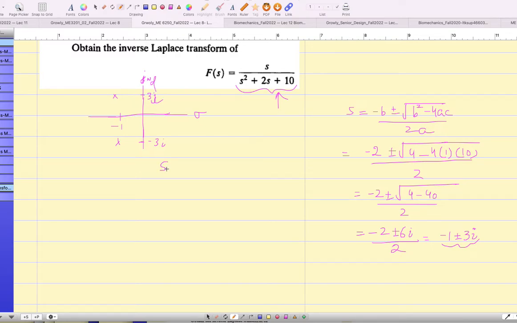Okay, now let's see how. Can I split this up into two factors? Can I write it down like this? Correct, I can write it like this. Now if you multiply these two terms, what do you get? You get s plus 1 whole square minus